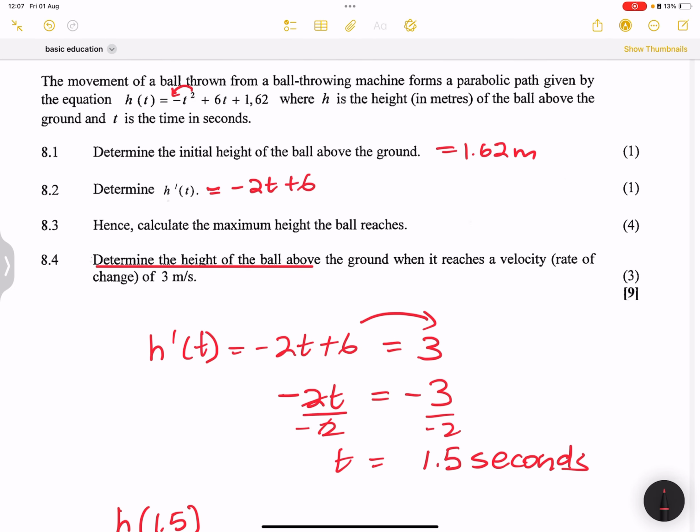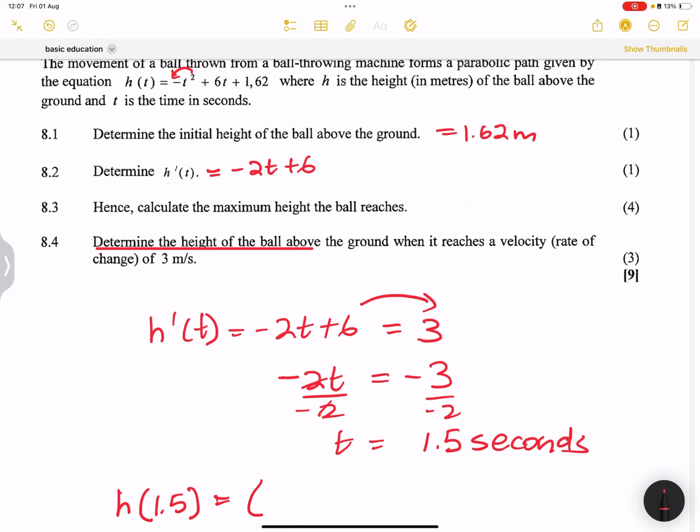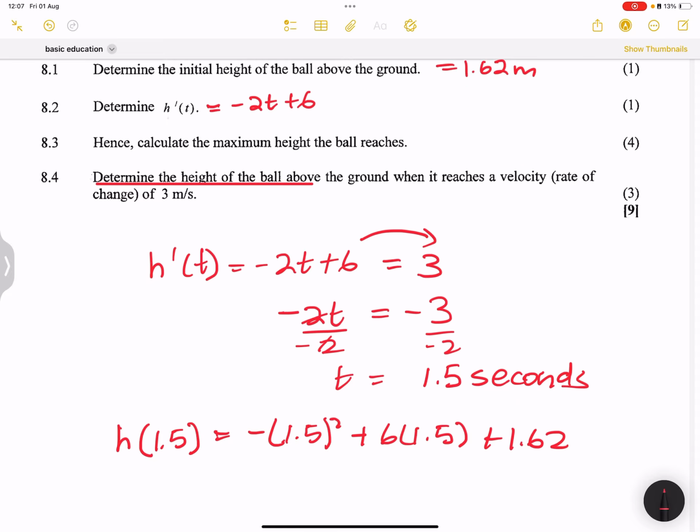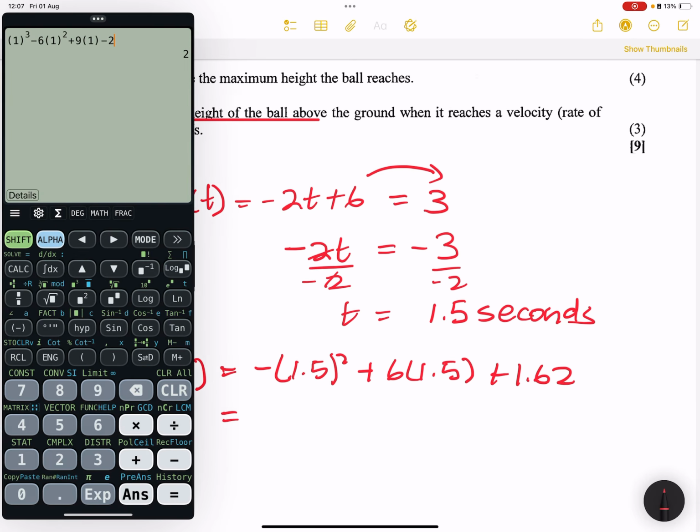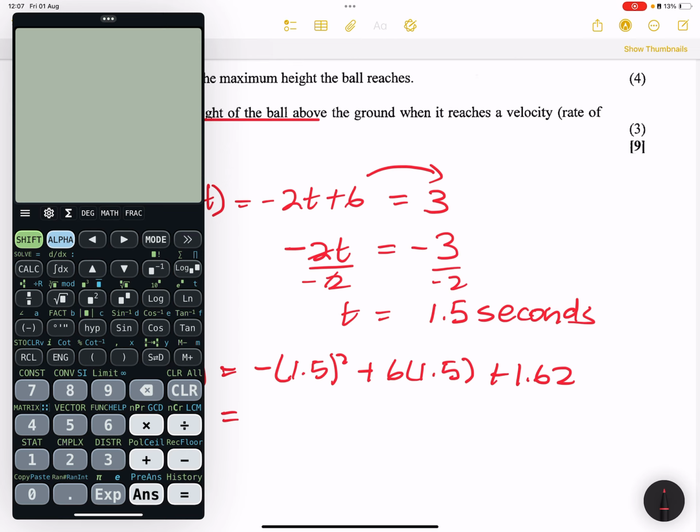I'm going to say that's negative 1.5 squared plus 6 times 1.5, and that's plus 1.62. So please, if you can calculate that for us, that's negative 1.5 squared plus 6 times 1.5 plus 1.62. And I get a value of